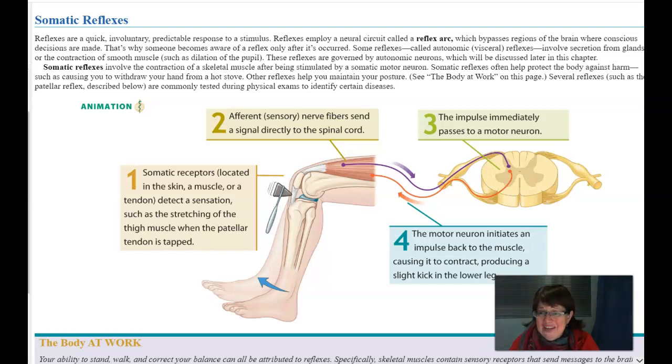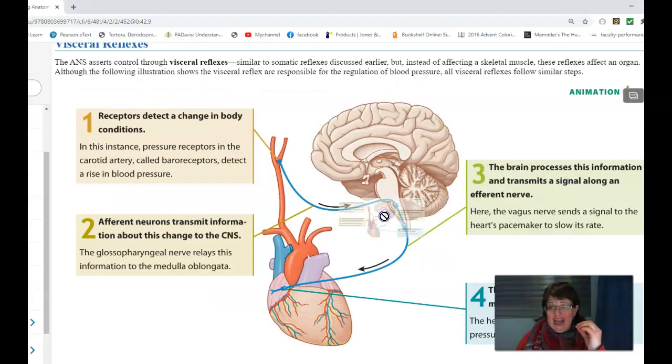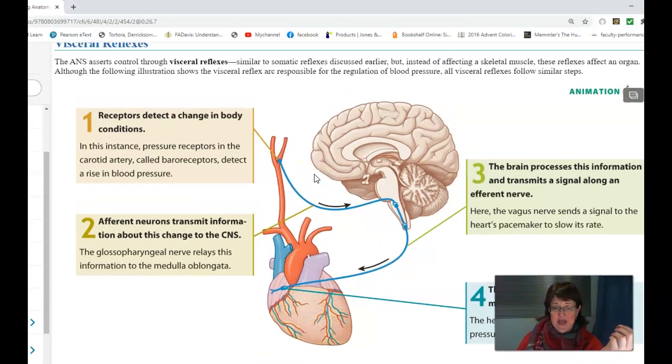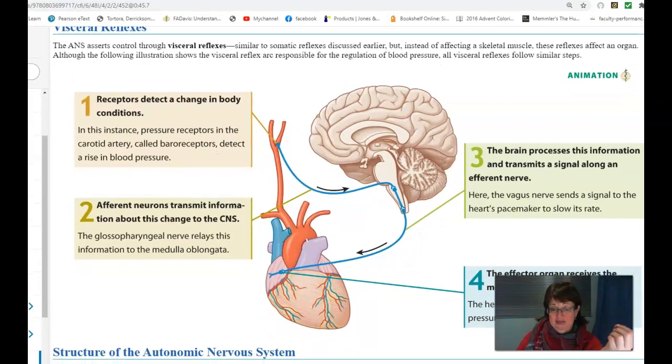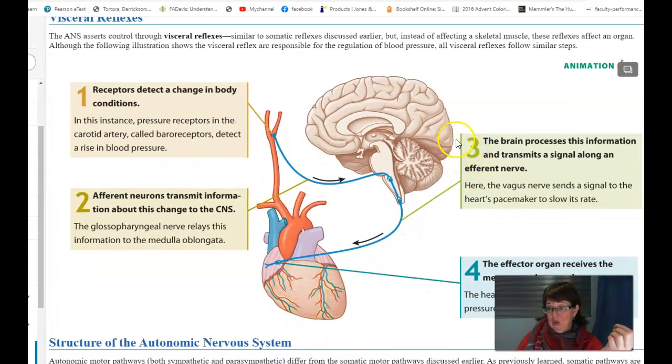When we're looking at visceral reflexes, they have to do with the viscera. So this will usually involve secretion from glands, contraction of a smooth muscle, such as the dilation of the pupil. They're governed by autonomic reflexes, which we'll look at. Okay, let's look at autonomic reflexes while we're here. This jumps a little ahead in the textbook, but it gives you an idea of the difference between a visceral and a